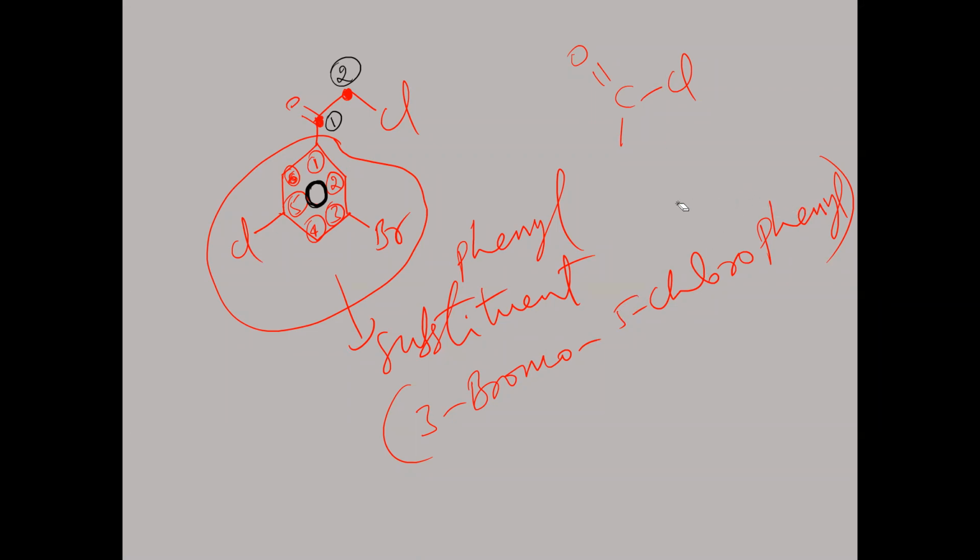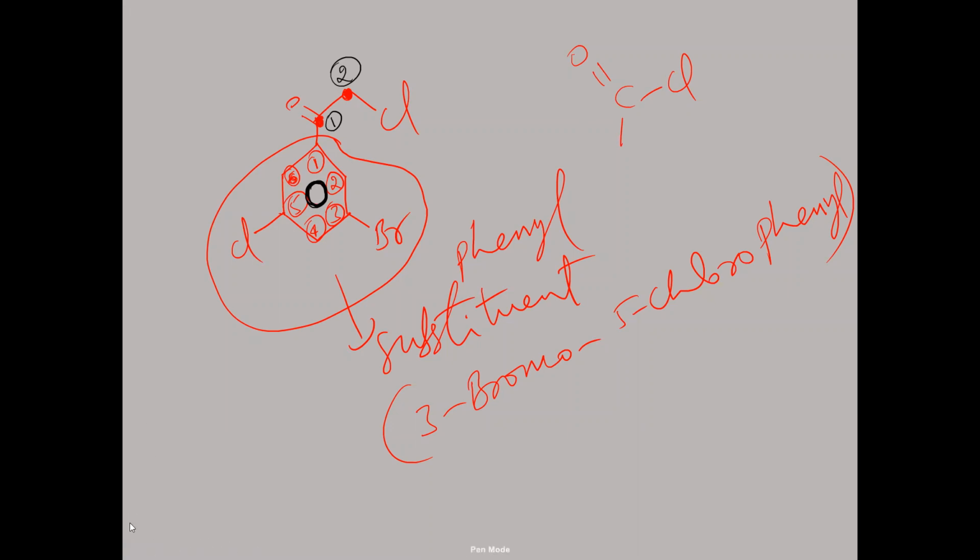Is that clear? So whenever you take only phenyl, it is a simple substituent. But here, in this phenyl, again bromine is substituted, chlorine is substituted. It is a complex substituent now. This total phenyl ring is a complex substituent. A complex substituent name should always be written within brackets. Now this complex substituent is on which carbon atom? First carbon atom.